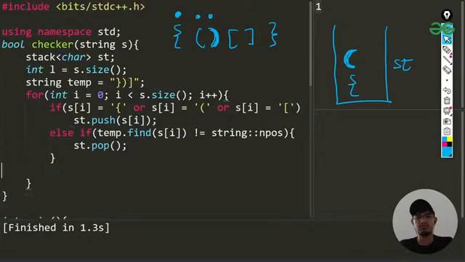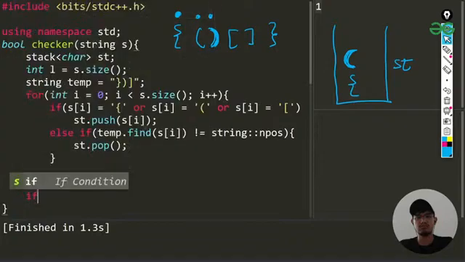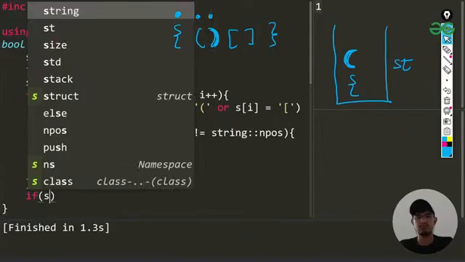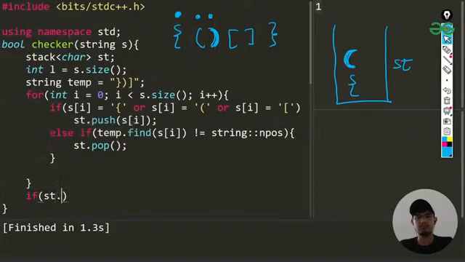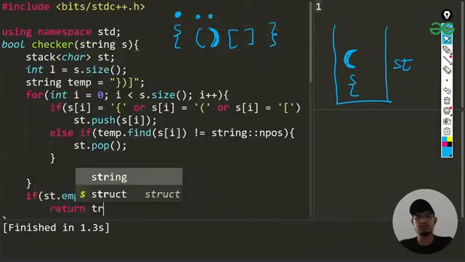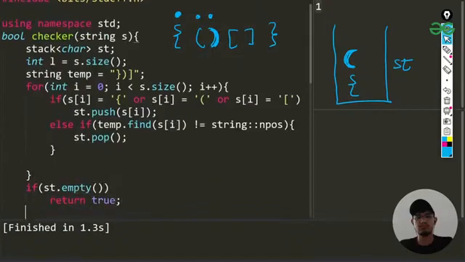So basically closing bracket and ending bracket should be there, and now here I am just writing: if our stack is empty, which means we have already checked everything, then we'll be returning true, else we will be returning false.